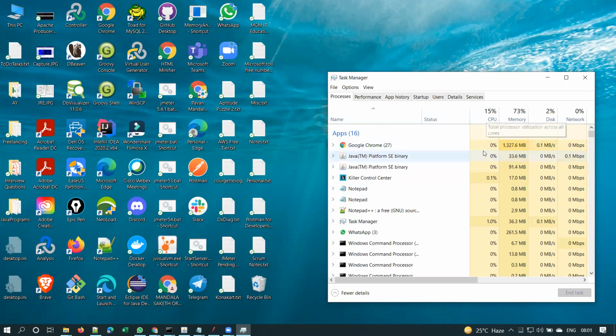Observe here, Google Chrome is taking, like, 73% memory, right? No, sorry. Out of 73%, Google Chrome is taking 1327 MB, isn't it? Out of the total memory, 73% is already being used. Memory means RAM, guys, right? Physical memory. See the tooltip. When I put my cursor there, see, physical memory in use by active processes.